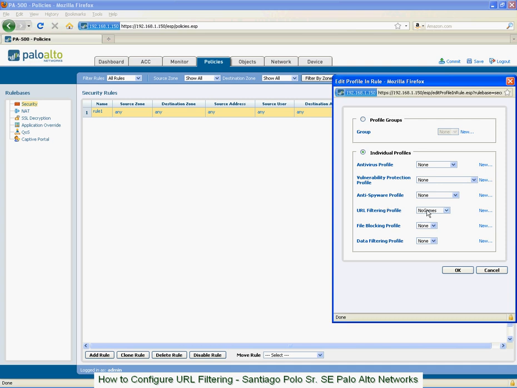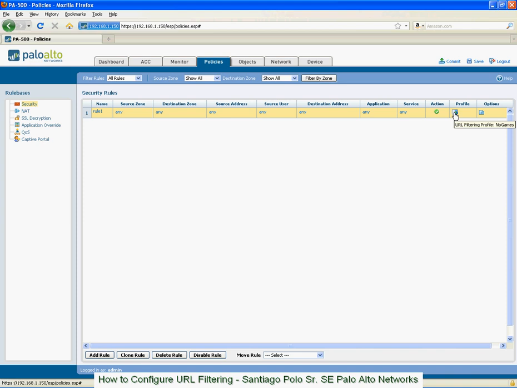And then once we do that, now we have our URL filtering profile of no games in here. Okay, so that is now in play. So if I hit OK, we're going to see an icon now appear in our policy. This is the URL filtering profile, and it gives us a little description if we hover over it of what profile